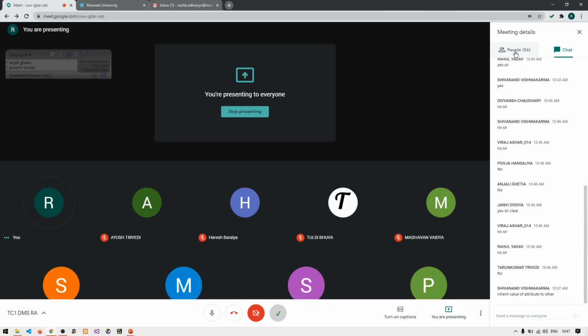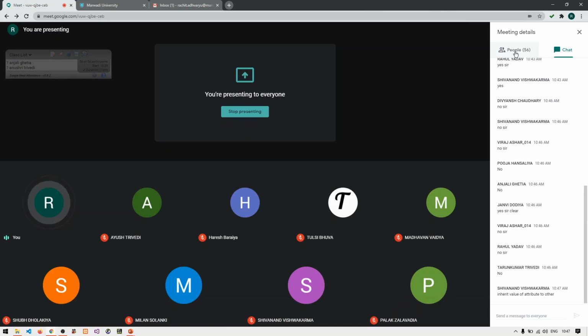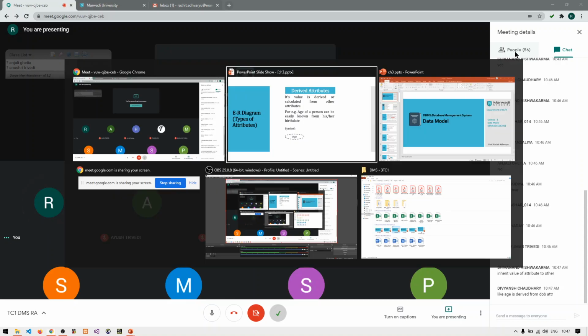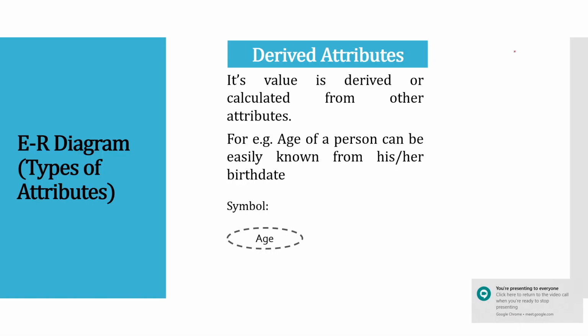Any guesses? Inherit a value of attribute to the other. Okay, Shivanand, I can accept that particular term. But still, what do you mean by the statement that I am speaking, that we are actually getting the value of one attribute from the other attribute? Very good. Right.